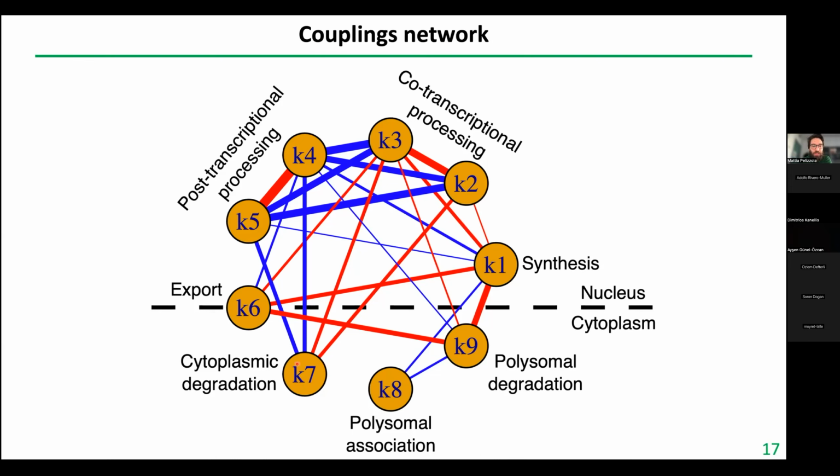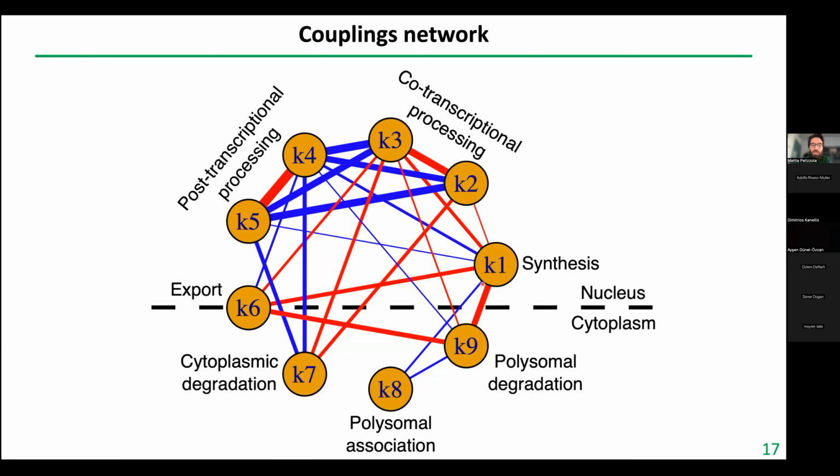Okay, what about the cytoplasmic degradation? You can see this coordination with the co-transcriptional processing, while the polysomal association rate here, K8, is negatively associated with the RNA synthesis and polysomal degradation rate. And again, this edge was more or less expected. So this is the model, the coupling model that emerged from the application of Nanodynamo to some 159 untreated and treated cells. Then we wondered,